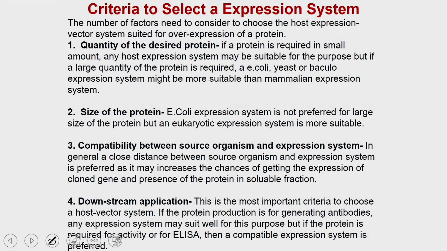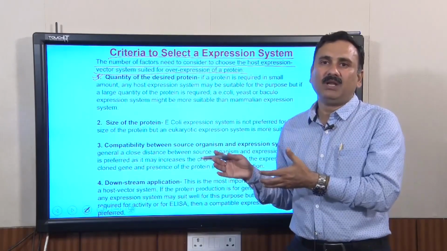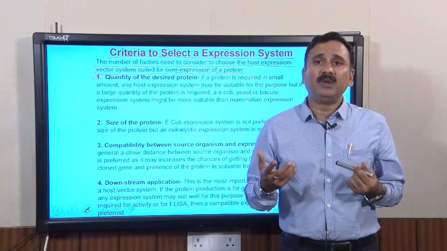Now, for selecting an expression system, there are a number of factors which you need to consider for choosing a host expression vector system which will be suited for the overexpression of the protein of your interest. What is the criteria? Number one criteria is the quantity of the desired protein, which means whether you need the protein at a microgram level or at a milligram or gram level, because in some cases this protein could be